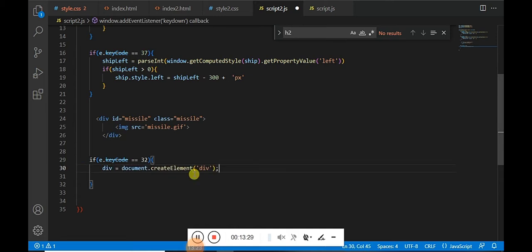And we are going to add a class to this div. So this is the div, div.classList.add, so the class is missile,